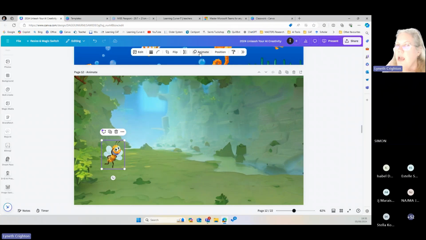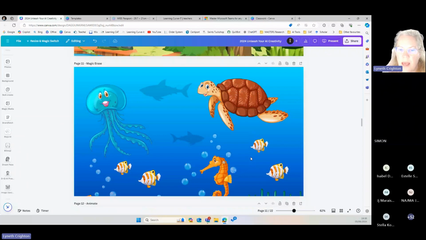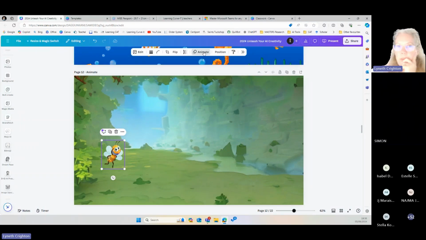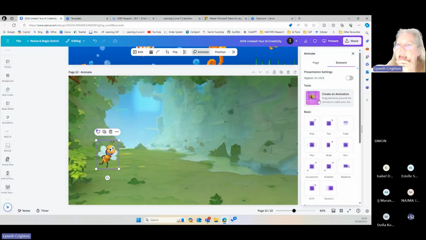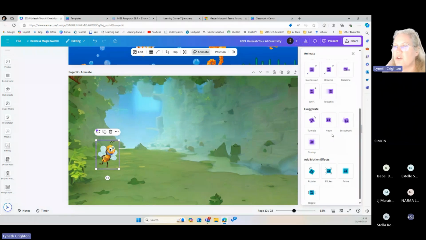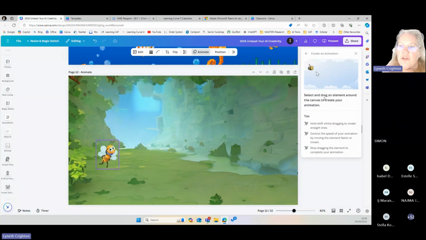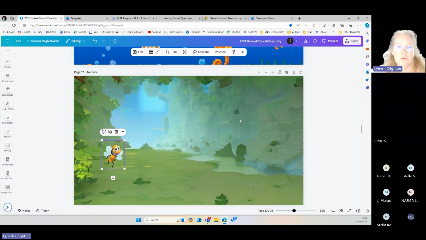I can click on animate. Here's a green forest that I took all the animals out of because I like the backdrop. Here's my bee. I can click on animate. I can say create an animation. So yes, you can make him breathe, and you can make it wipe, and you can make it go neon and a scrapbook kind. But the cool part is you can drag an animation, and you hold shift, and